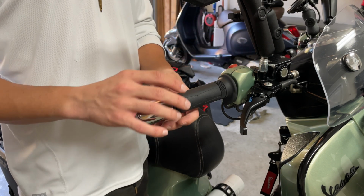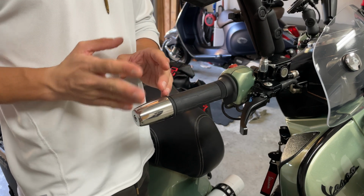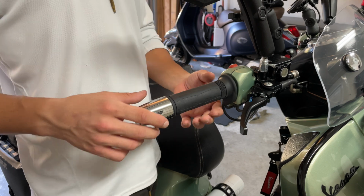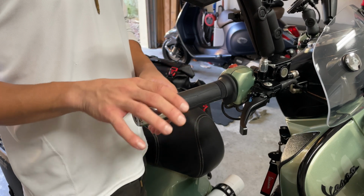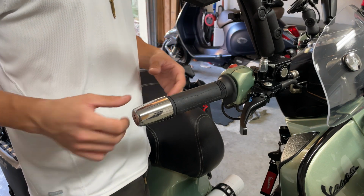Some of the older Vespas, I'm not 100% sure if the older models come with a different type of weight, like a shorter one. If you bought your Vespa from the dealer without any rear rack or top case, I'm not 100% sure if it comes with this one. But in my case, this is a GTV and it came with the top case and it comes with this